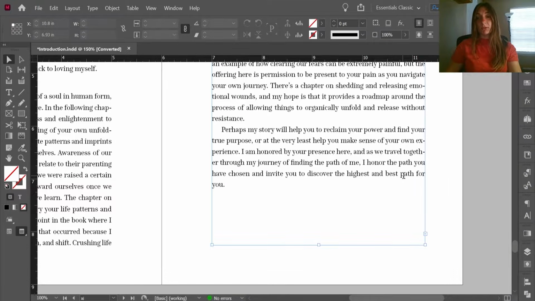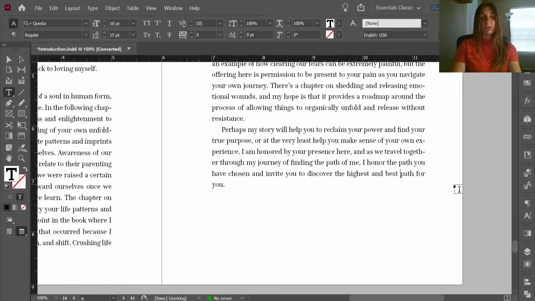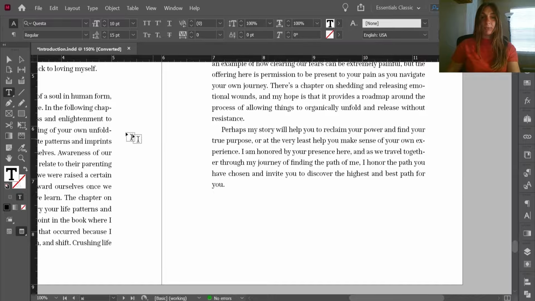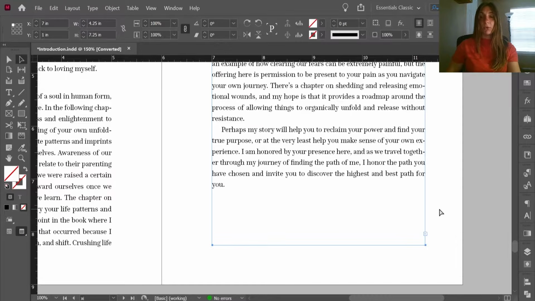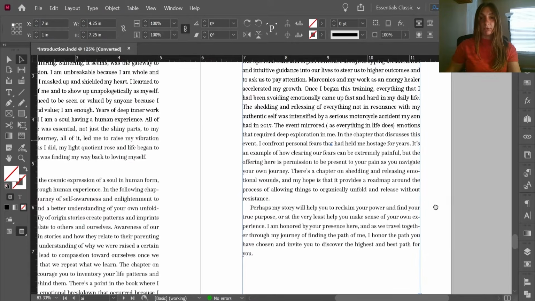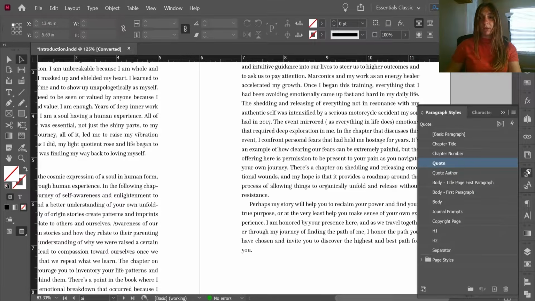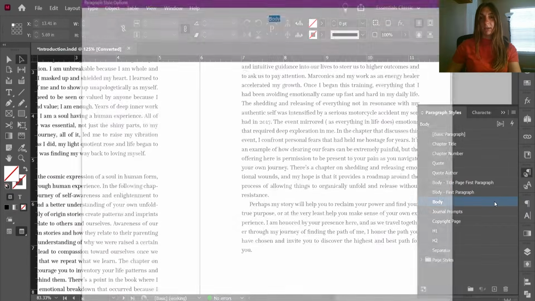Now I could just manually drop this down to the next page with a Shift-Enter. However, if I have to do that for every single orphan in the entire book, it's going to take me quite a long time. I might as well just have the computer do it for me. So I'm going to undo that, and I'm going to show you how to apply a no-break style to the body paragraph. I'm going to open up this paragraph style over here and look for body. If I open this up to edit it,